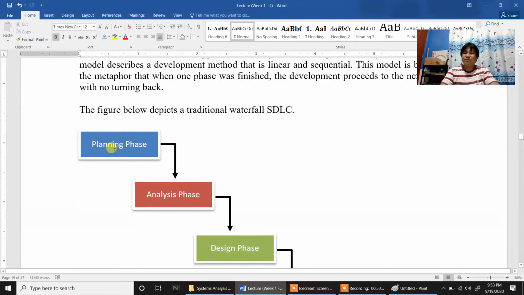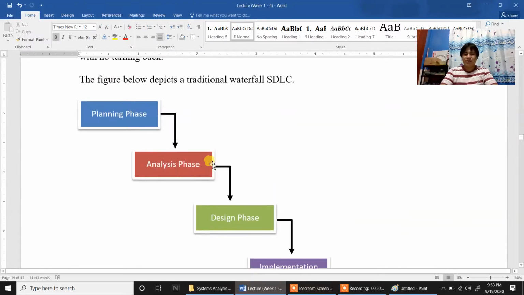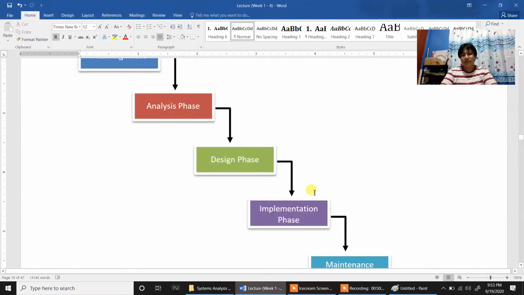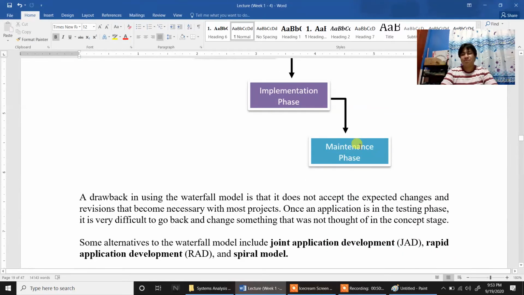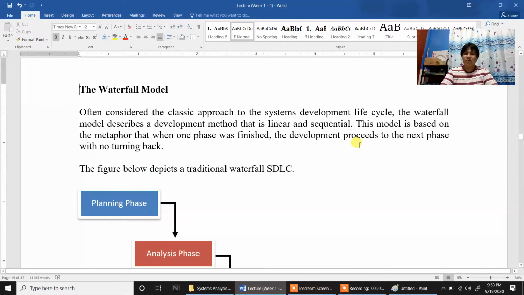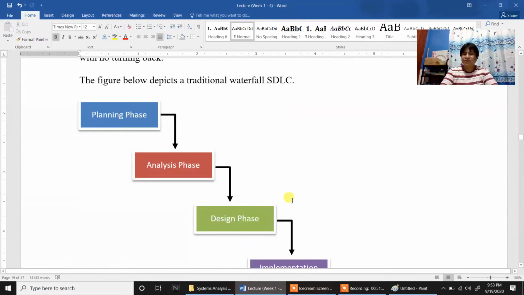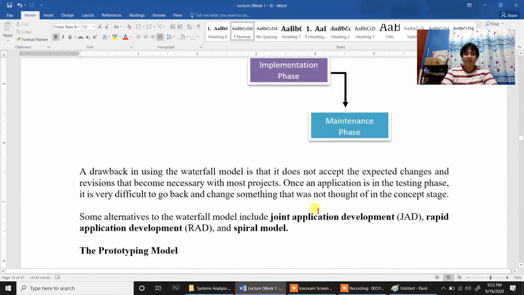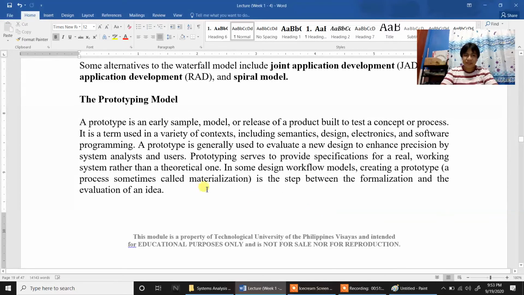When you say waterfall, it only goes down and down. There is no going back up. That is the logic of waterfall. Now, there's no turning back. Okay? So, it goes down one after another. So, that's the drawback of the waterfall. There's no turning back, so each phase must be perfectly done before the next. Now, the next one is the